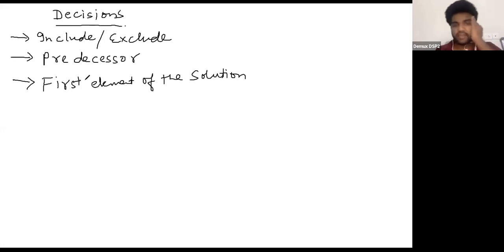So based on that, we made a decision that the first element could be any of these, right? What else did we do? In the first element, we looked at partitioning questions, right? We looked at word break and we looked at palindrome partitioning,